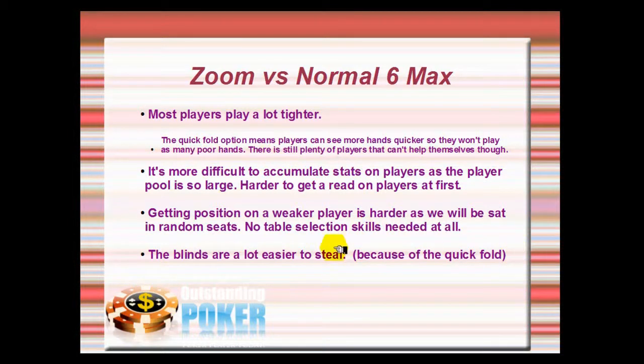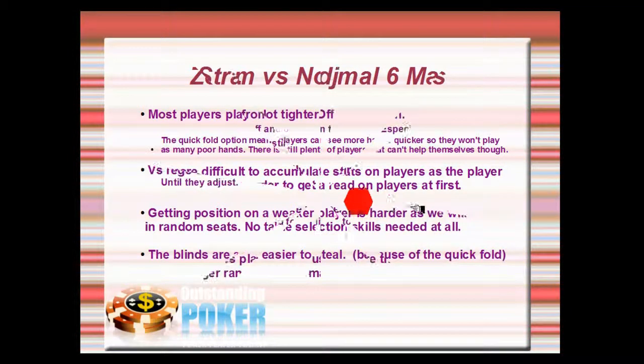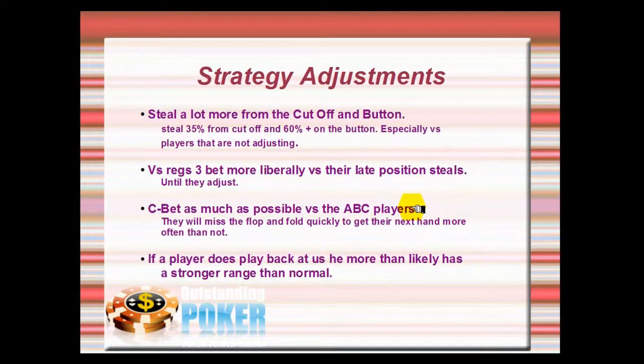But the blinds are a lot easier to steal, and if you saw part one, I was just stealing a ridiculous amount of the time and getting away with it. That's pretty much how you're going to make your money and then hopefully get involved in some pots with some weaker players. I did get unfortunate with aces, but that's part of the game. I was looking at stealing 35% from the cutoff and I showed you a range, and then I said stealing 60% plus from the button. I think I was stealing more than that. I'll show you in this Equilab